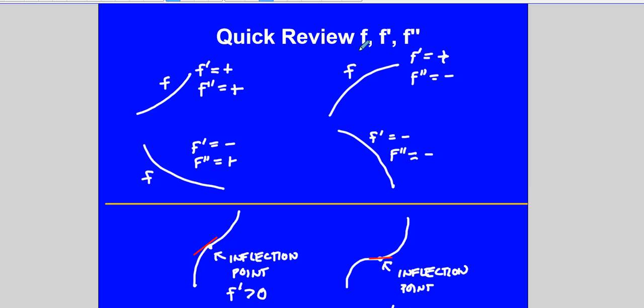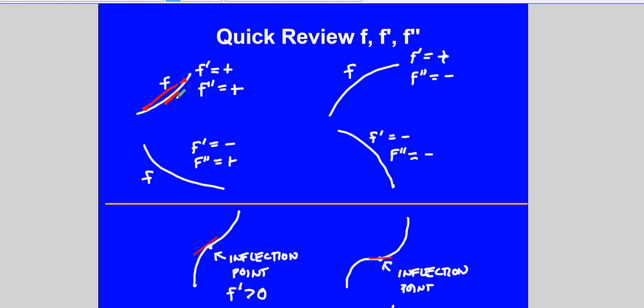So let's do a function f that's continuous and differentiable on an interval. I've just drawn some sketches here to review f prime and f double prime. If I have a function f that looks like this in this interval, the slope of the tangent line is positive, so the first derivative is positive, because that's what the first derivative measures. The second derivative measures concavity. So if I take 2 points on the interval,